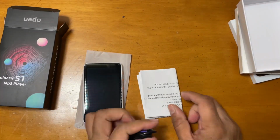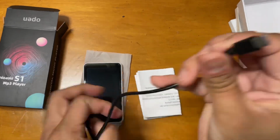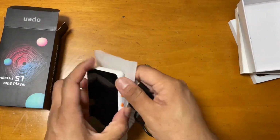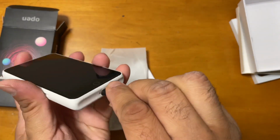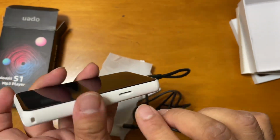So this is the manual. This is the charging cable. This is the MP4 player. So this is white in color. This is the USB-C charging port, micro SD slot,